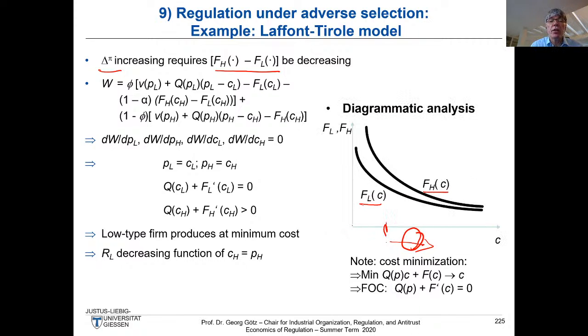That's what we saw here, okay. So if we increase C, the rent will decrease. Okay, and again here the delta pi is just FH(CH) minus FL(CH), and here you get the minus. That's what we get from the delta pi,